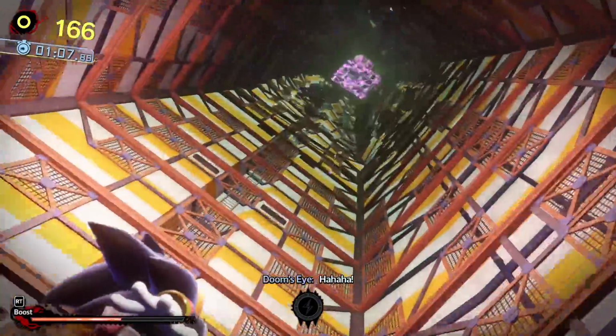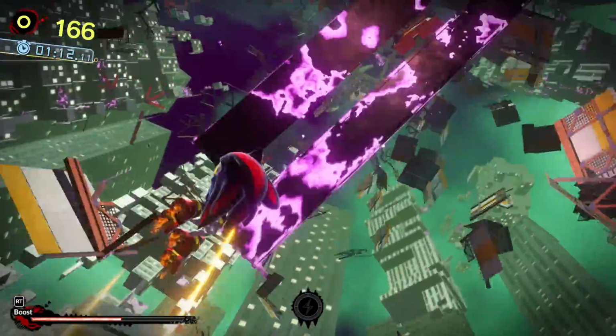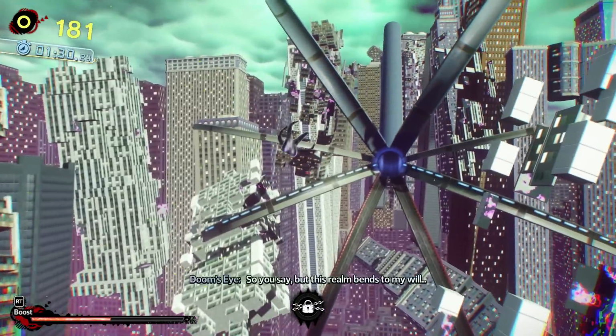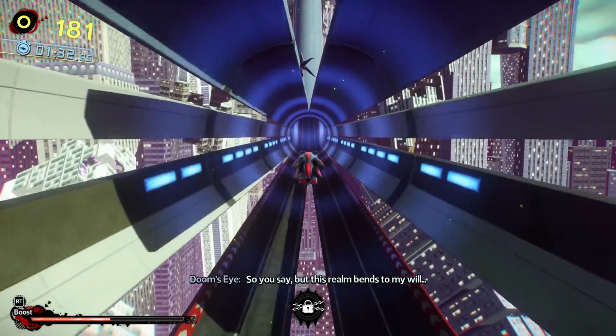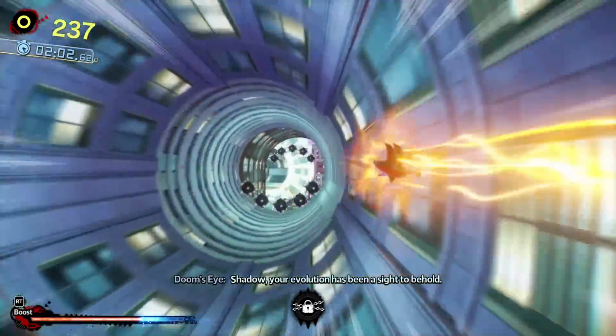Once again, we return to Radical Highway. And once again, it's really fun taking you through these psychedelic illusions that look really cool. However, something that really tripped me up in my first playthrough was these circular things. In them, you have to move left and right to avoid obstacles and go to the rings,